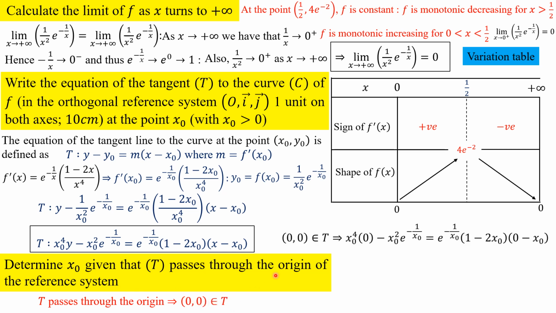So the point 0, 0 belongs to my tangent means that when x is equal to 0, y is equal to 0. So in the place of x, I'm going to replace 0. In the place of y, I'm going to replace 0. So this is y, replace 0. This is x, I replace 0. I simplify. Here I'm just going to get 0, then minus this, I just get negative of it. Here I'm going to get 0 minus this, I'm going to get negative of it. Now the terms in red will cancel out, and then I'm going to get this.